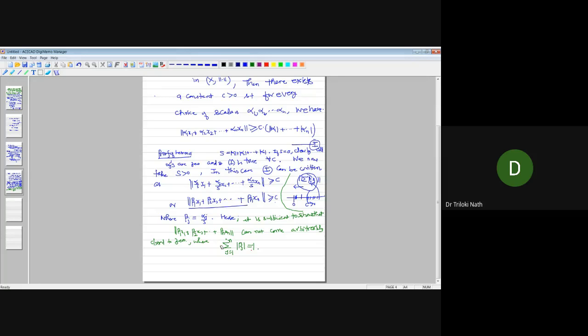Suppose this is false, suppose these were false, then we could choose a sequence of vectors y1, y2, dot dot ym, and so on, such that each is expressible in the form,